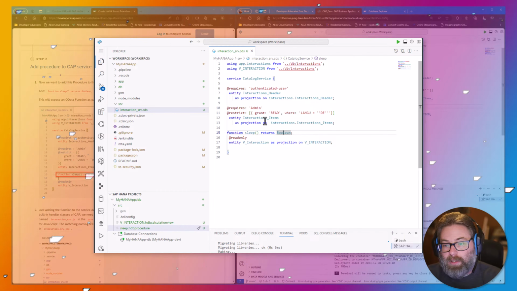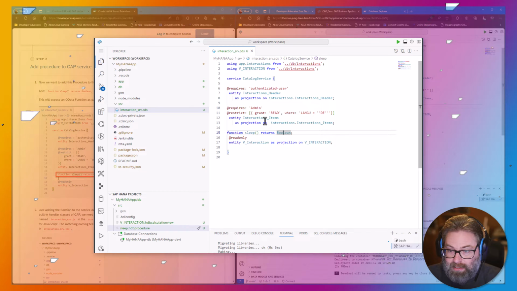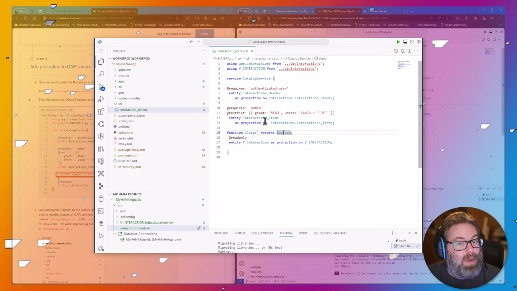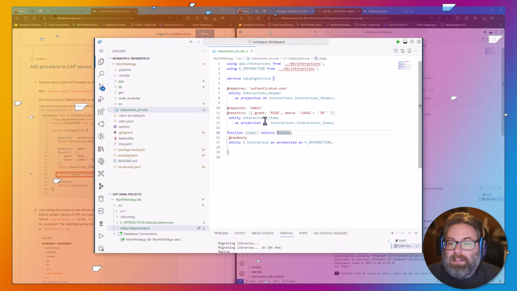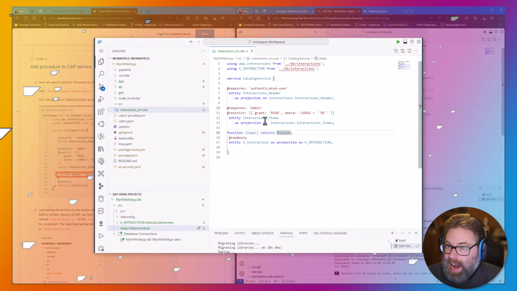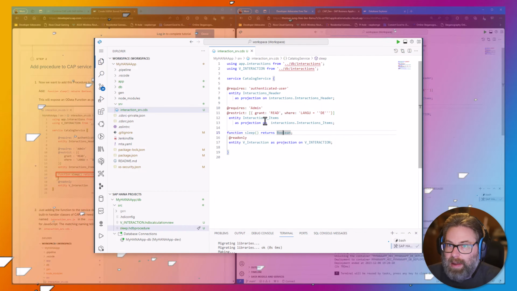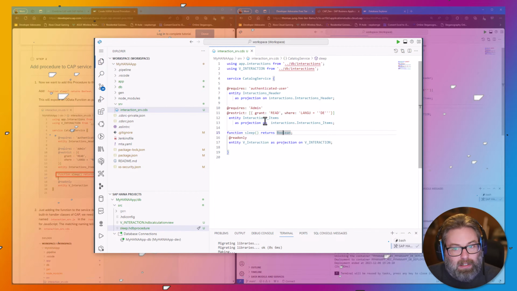Now, if I were to run my CAP service at this point, I would have the sleep function, but it wouldn't do anything because we haven't implemented it yet. Unlike entities that have a built-in handler, functions and actions don't have a built-in handler. It doesn't assume that there's an underlying database artifact and automatically call it.